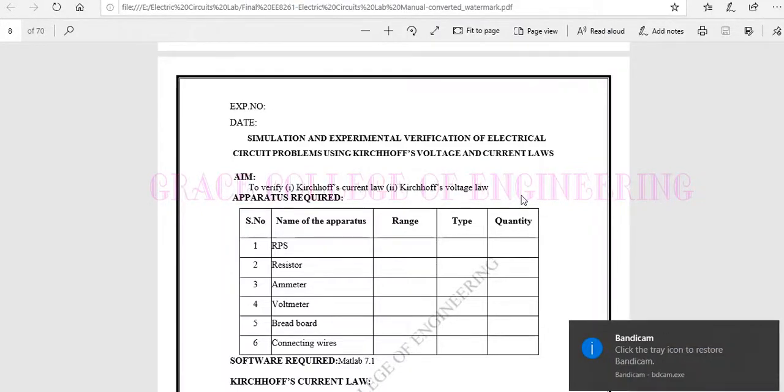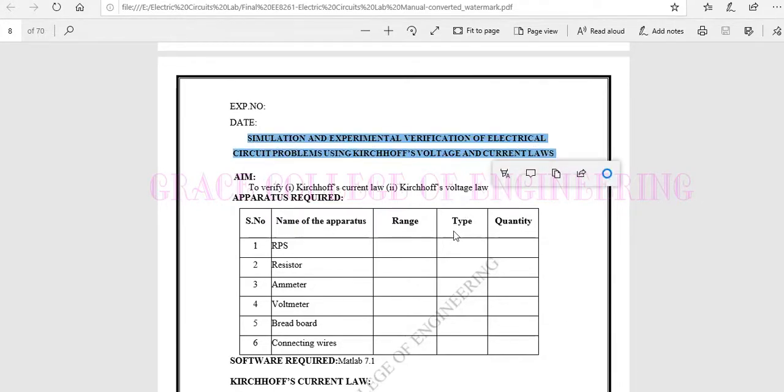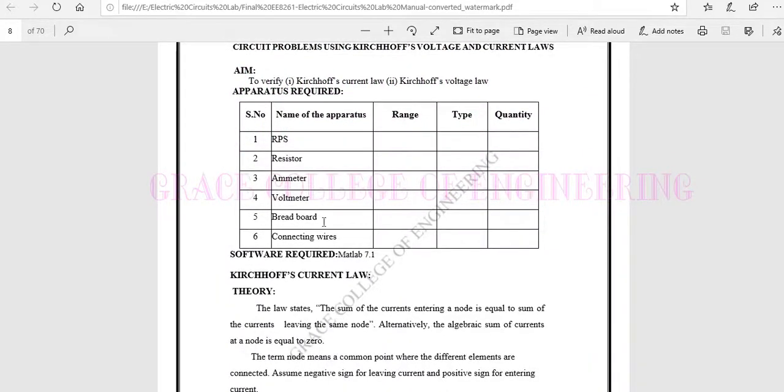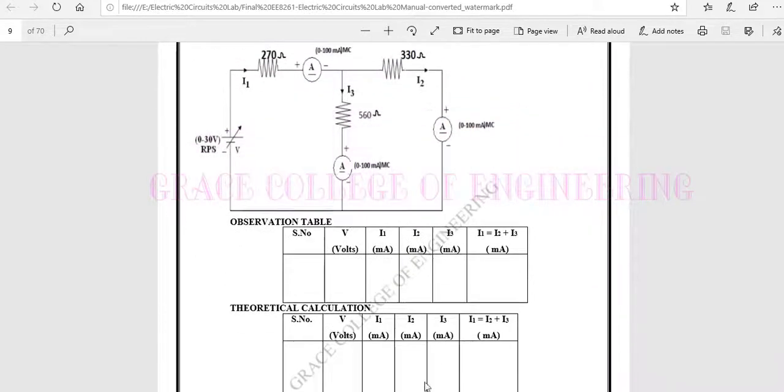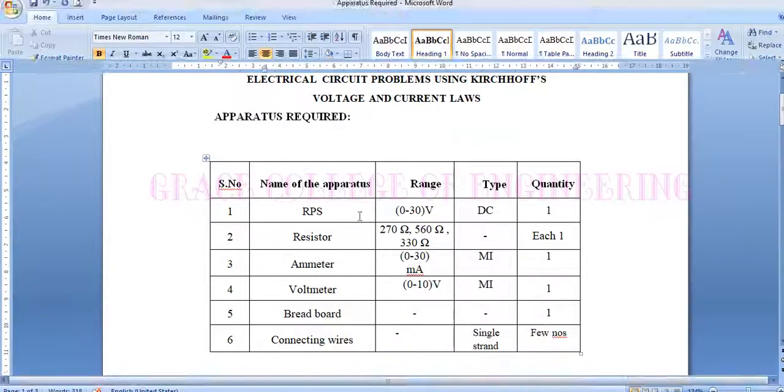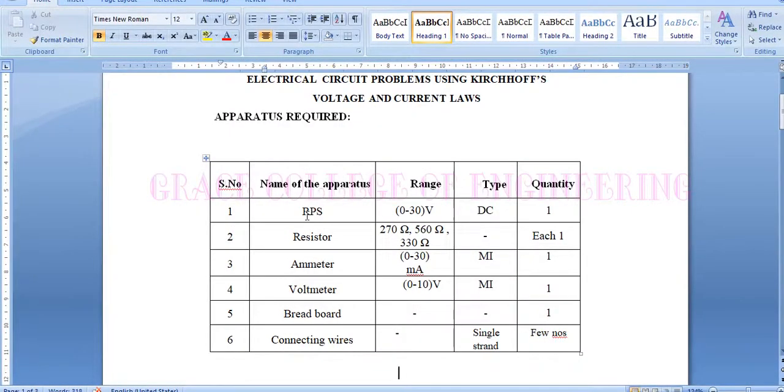We are going to see the experiment of simulation and experimental verification of electrical circuit problems using Kirchhoff voltage and current laws. First we can see the apparatus required for this experiment, and as per the circuit diagram I have framed the apparatus required here, that is RPS (regulated power supply), resistors in this range, ammeter, voltmeter,